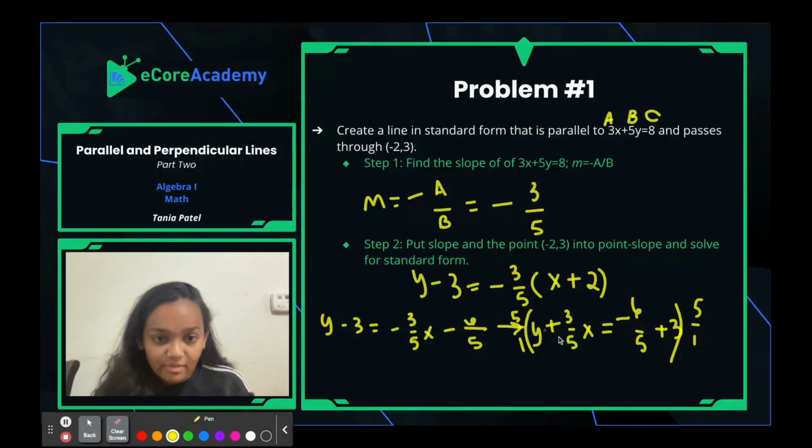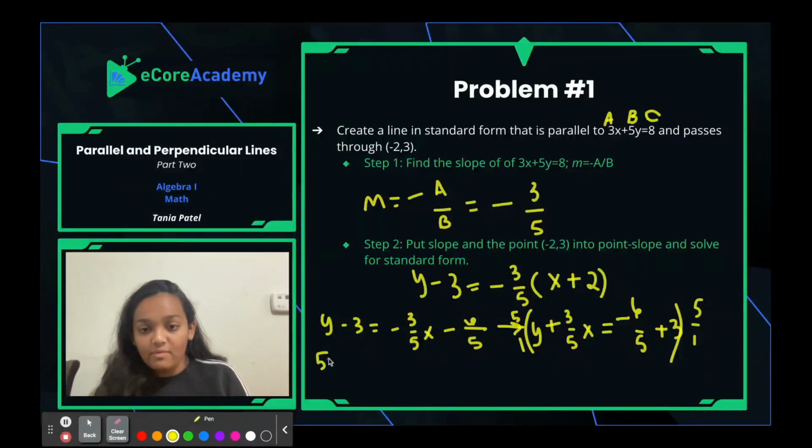Hopefully you can see that this is a 5. We're going to be multiplying that to both sides. So we're going to distribute this 5 to this y plus this 3/5x. And we're going to do the same to -6/5, distributing it to that, plus the 3 over here. When that happens, we're going to get 5y